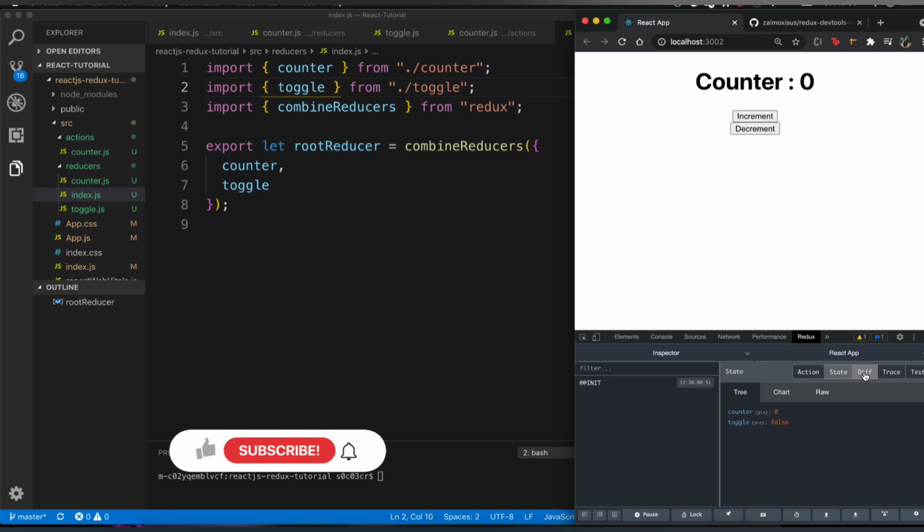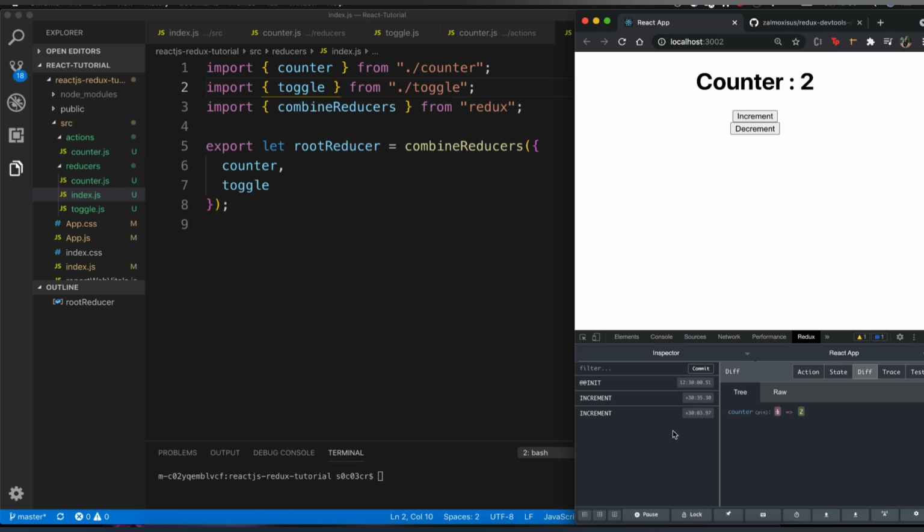And also if you want to check the difference between the previous and new state, for example, if I click on counter, it's going to say that the counter value changed from 0 to 1. Again, if I click on it, it's going to say changed from 1 to 2, and here it also logs what action I actually executed. So you can see all of this is very helpful to see how it's actually happening, right? This is a really useful extension that you should be using when you are dealing with React Redux.